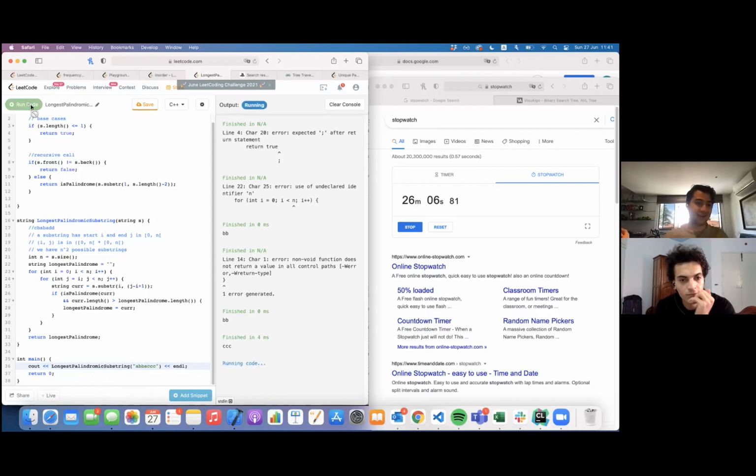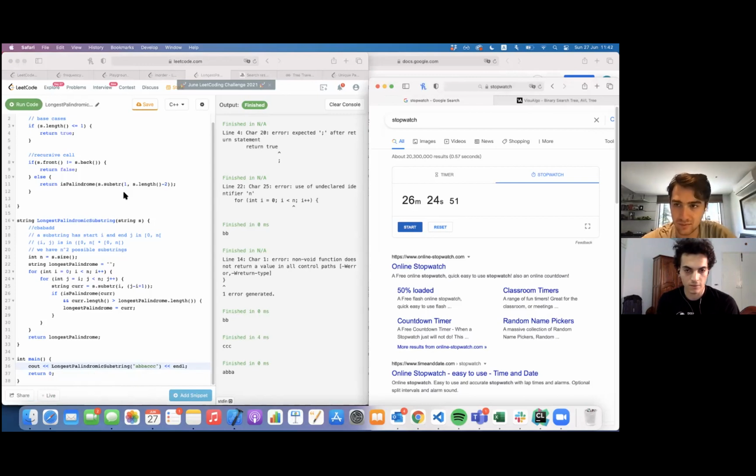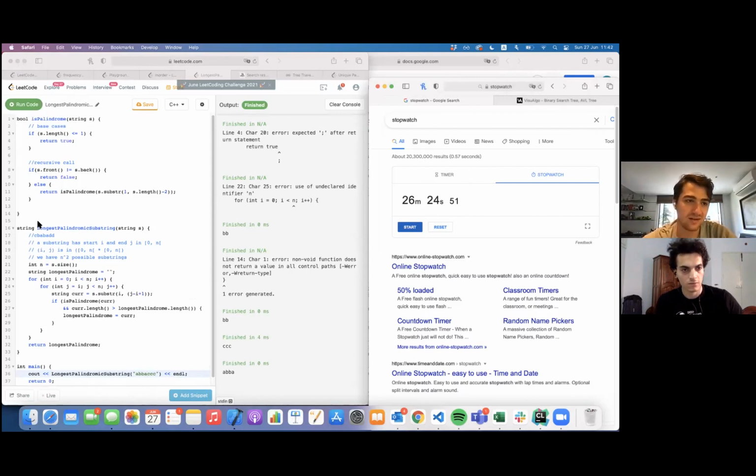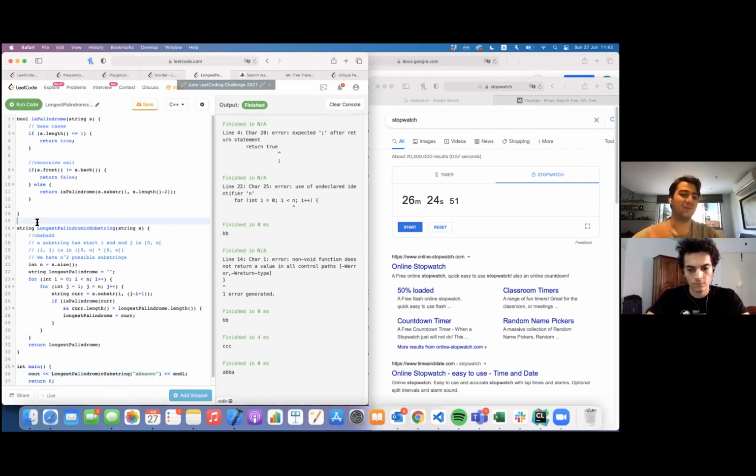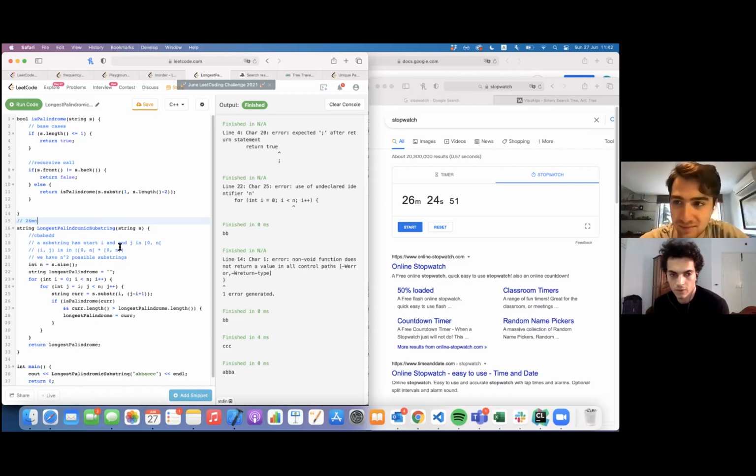Okay, but this is like n cubed. Yeah, so I want you to, as usual, just put the code on GitHub and answer the questions. And you did it in pretty good time, 26 minutes. But the time complexity is terrible. So what is the time and what's the memory complexity? Okay. So first I'm going to put this code on